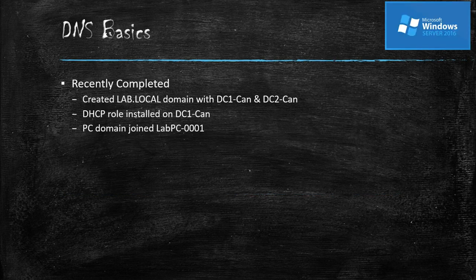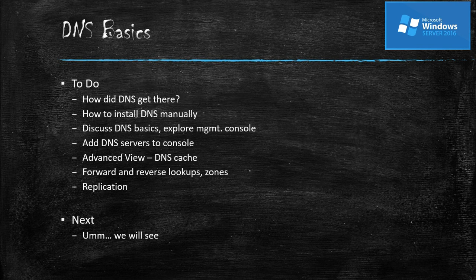So far in our series of labs, we've created a domain with 2 DCs. We've installed DHCP on one of them, and we have a Windows 7 PC just to test features and help explain things. In this video, I'll show how DNS got there in our current environment, our lab, how to install it manually, and then we'll explore the management console and talk about basics,